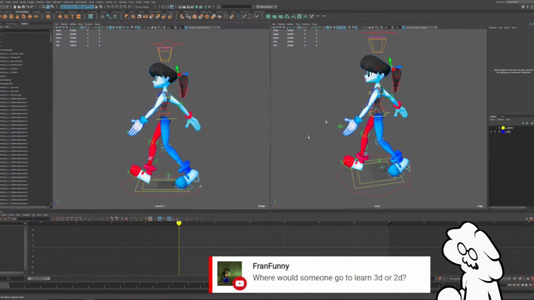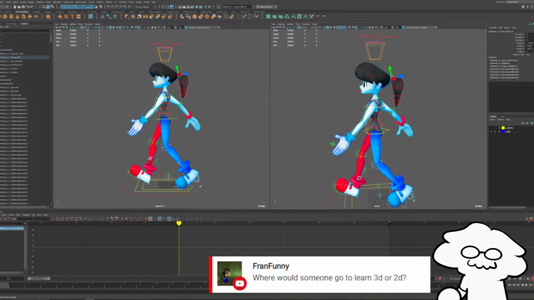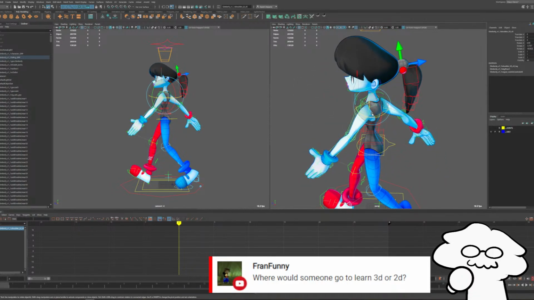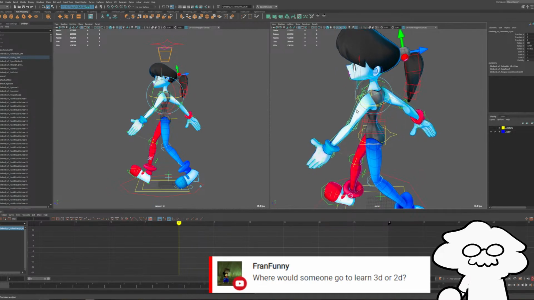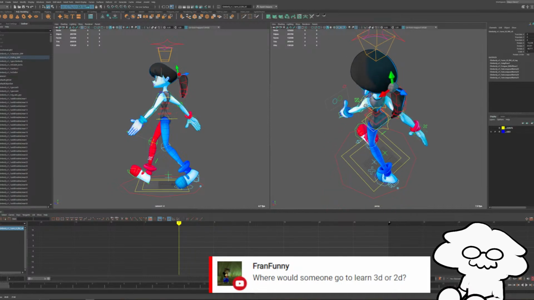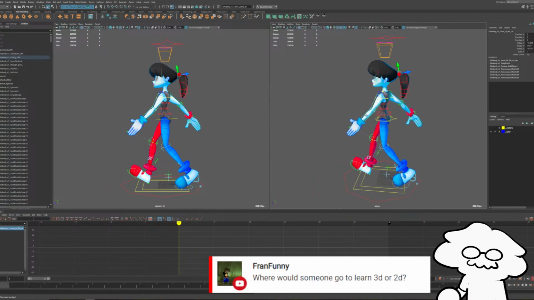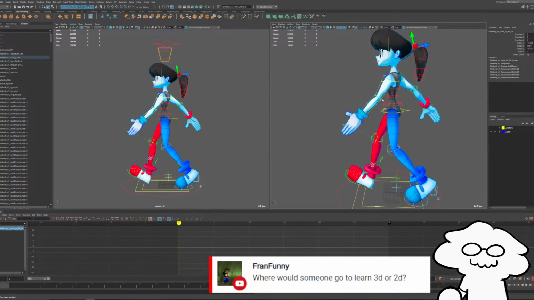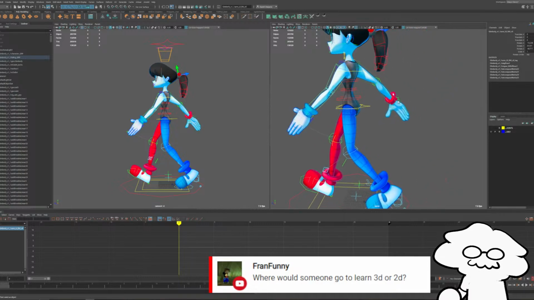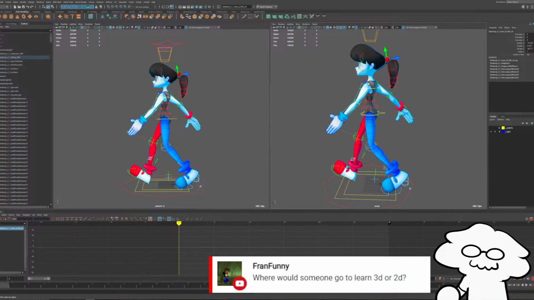Okay, so let's do the arms for the other side. So I'm also positioning the shoulders as well, if you didn't notice. So I have the shoulders pointed inwards for the front arm, and pointed backwards for the back arm, and they're going to mirror each of the legs. So this arm will match this leg's position, and this arm will match this leg's position. And then we'll do the same for the opposite side.